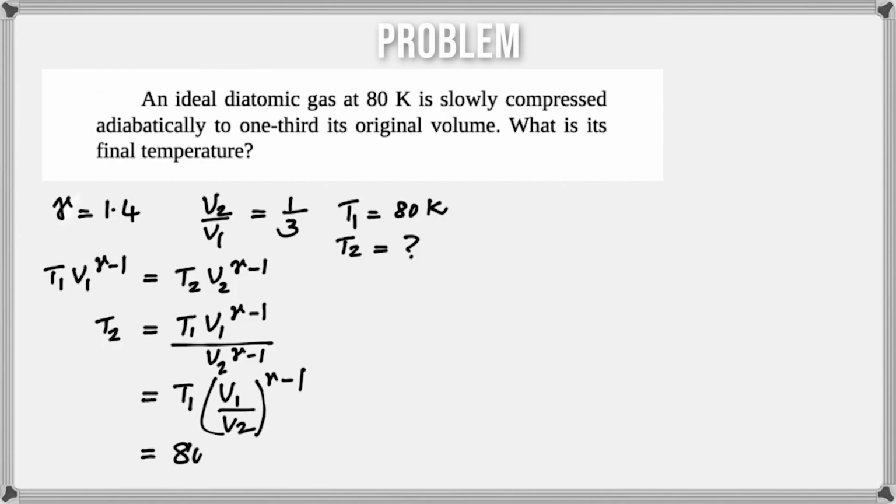We should get 80 times 3 raised to 0.4. So that gives the answer. It's because it's 1.4 minus 1 that we get 0.4. So that gives the answer as